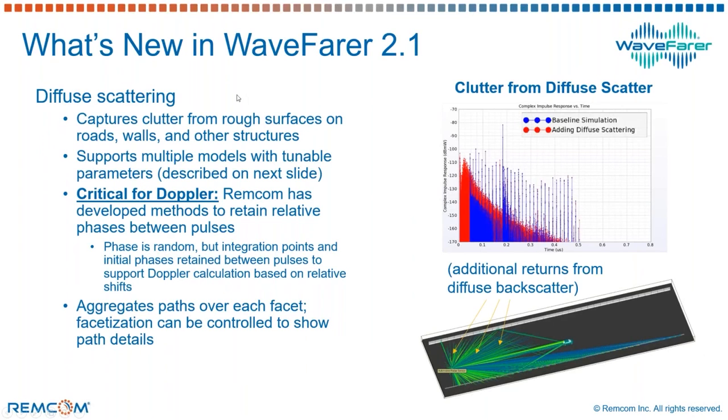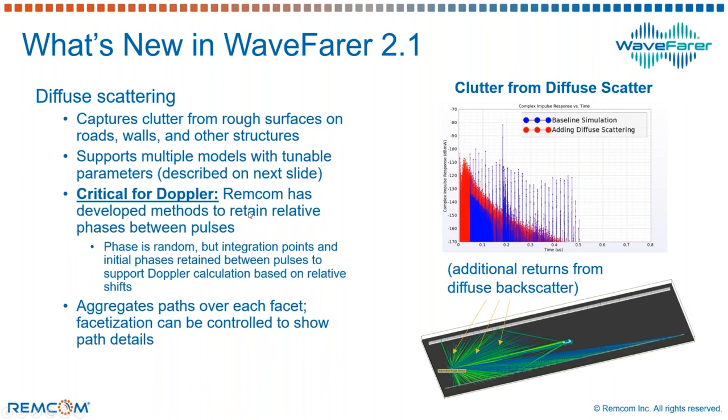We added some new features, and we're going to be highlighting some of these throughout our demonstration. One of them is diffuse scattering. This captures clutter from rough surfaces on roads, walls, and other structures. We have multiple models that are tunable, as we'll describe a little later. And one of the things that's critical to be able to use the diffuse scattering with the Doppler calculation is